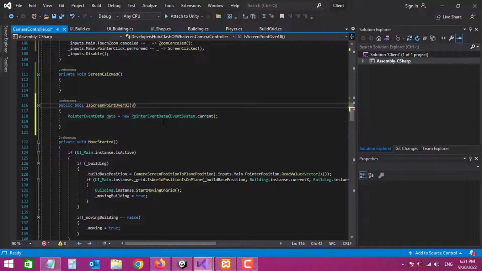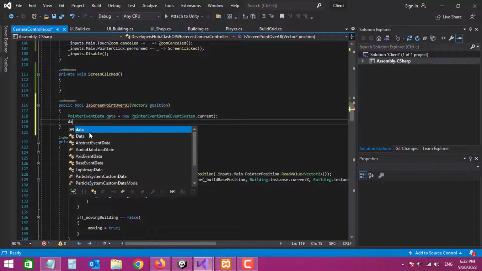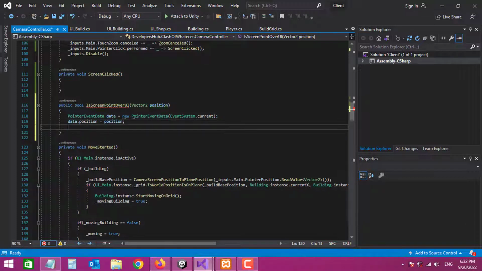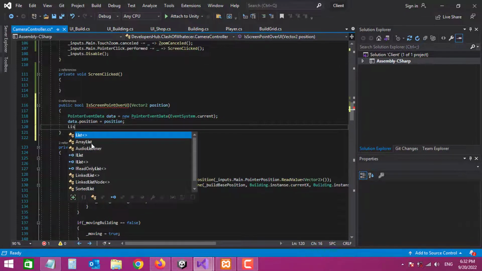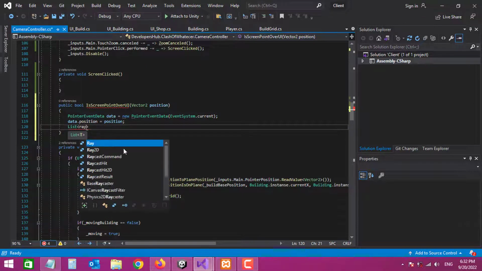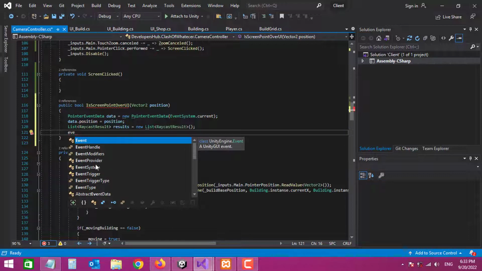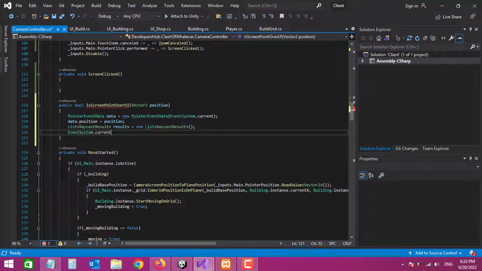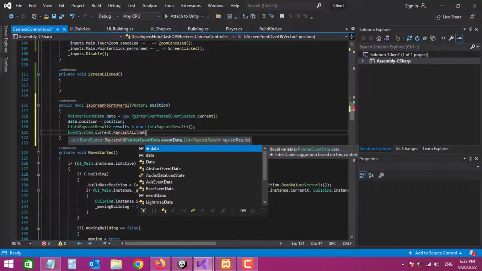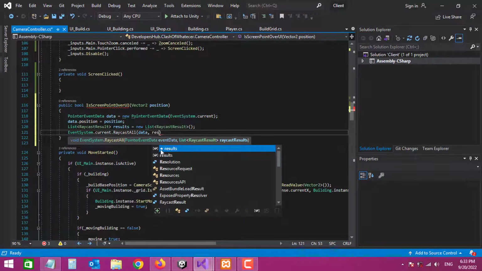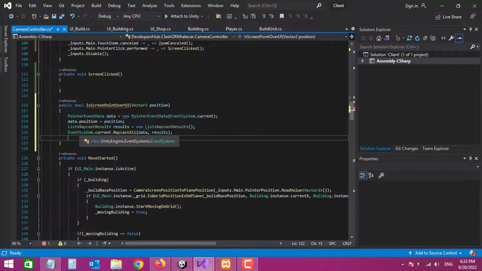We also need to pass that screen position, which is a Vector2 position, and here we say data.position equals to the position of the screen that we just passed, and we need to create a list of results. It's gonna be RaycastResult, and we're gonna say EventSystem.current.RaycastAll, and we're gonna pass that data, which is our pointer event data, and we also pass the results list that we've created,